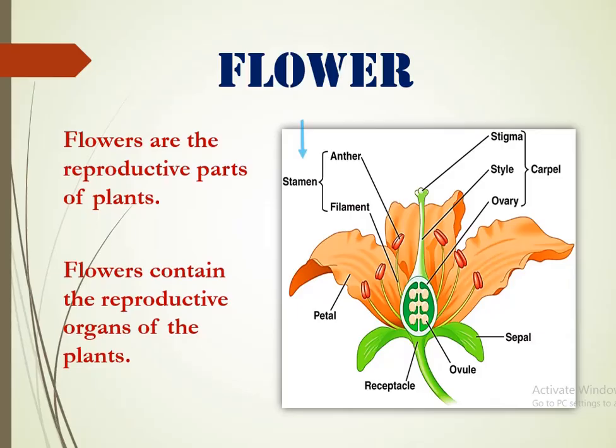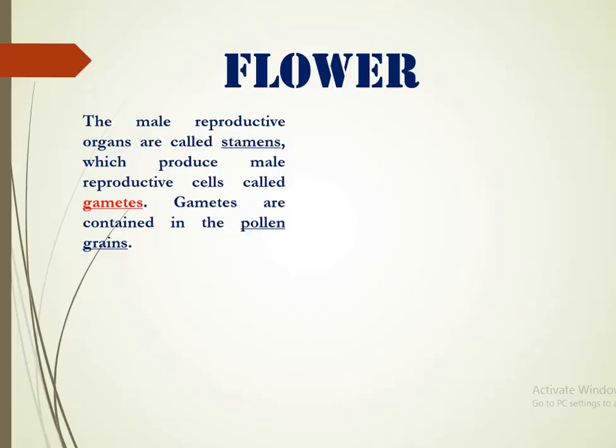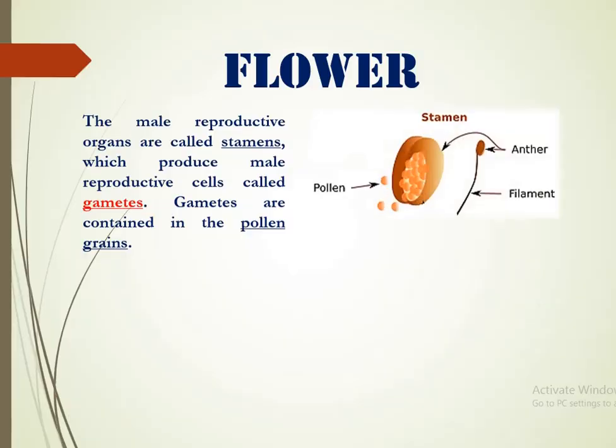In the given diagram of a flower, stamen and carpel are male and female reproductive parts of the flower, respectively. Dear students, the male reproductive organs are called stamen, which produce male reproductive cells called gametes. Gametes are contained in the pollen grains. In the given diagram, stamen is there, which consists of two parts, anther and filament, and pollen grains are present